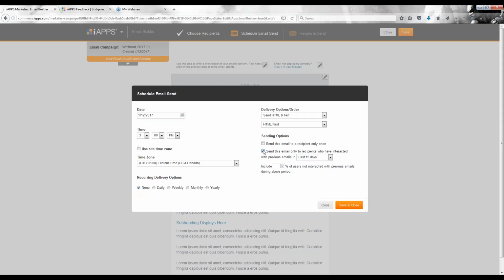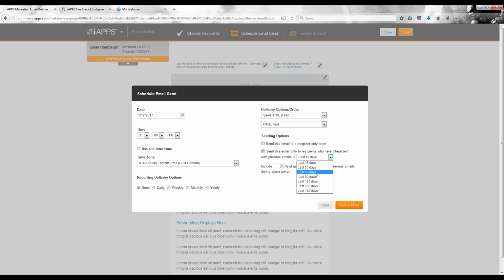What this tool does right here is it's going to say, hey, this audience list I'm sending this email to might have 10,000 people in it, but only actually send the email to people on that list who have engaged with a prior email within X amount of days. So what you're doing here in essence is saying, look, I understand people have signed up for emails for X and Y reason,